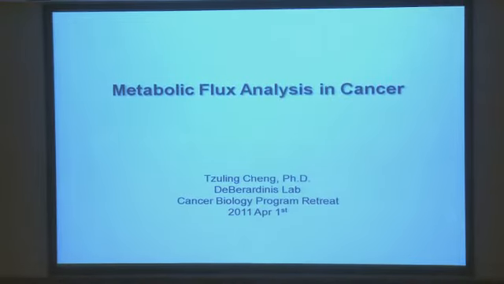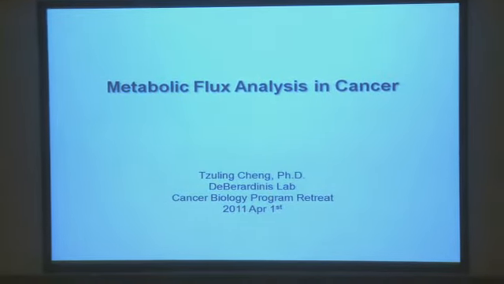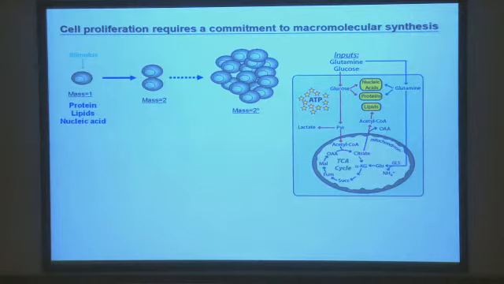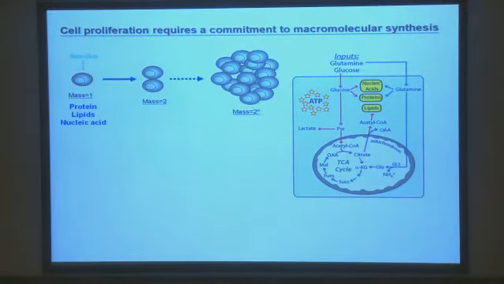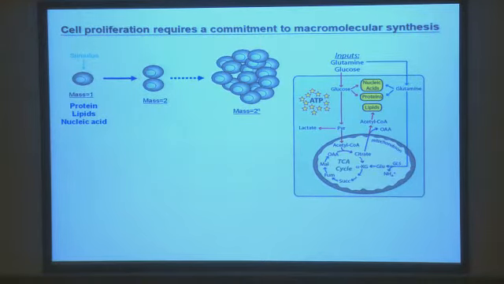So I'm going to talk about metabolic flux analysis in cancer. I would like to start my talk with a basic question. What do cells need to proliferate? People in the cancer field tend to focus mostly on energy generation, which is the ATP production majorly through the glycolysis pathway in cancer. But what is left behind is the macromolecule synthesis, like protein, lipids, and nucleic acid, whose precursors are made